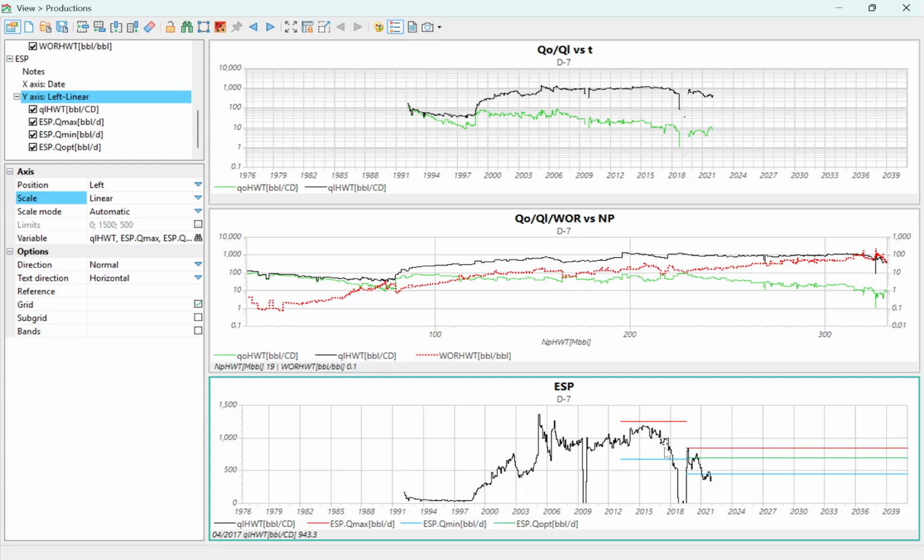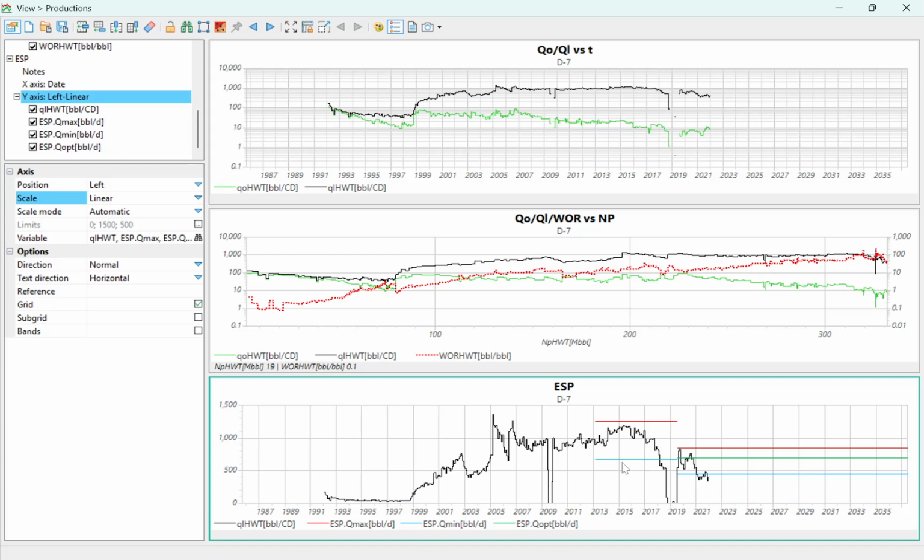that we have two different ESP pumps over the lifetime of this well. First, in 2013, an ESP pump was selected for this well with this minimum rate and this maximum rate. We have a minimum rate of 670 barrels per day and a maximum of 1250. Here we can see that overall the rate at which the well was producing was close to the maximum, and then it was reduced. Probably we have a problem here with the pump,